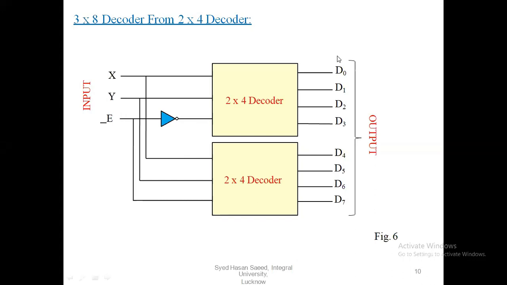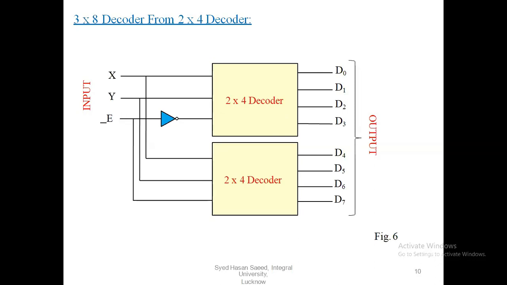So here we have to pass only 2 inputs and it will produce 4 outputs. So here we are using 2 by 4 decoders. We will construct the 3 by 8 decoder using 2 by 4 decoders. Here, in addition to the 2 inputs, you pass an enable input. So totally there are 3 inputs. How many outputs will it produce? Totally D0 to D7, 8 outputs. So that is the 3 by 8 decoder. Is it clear?